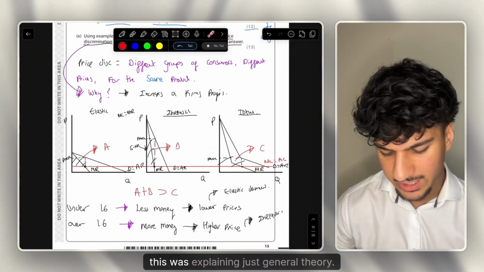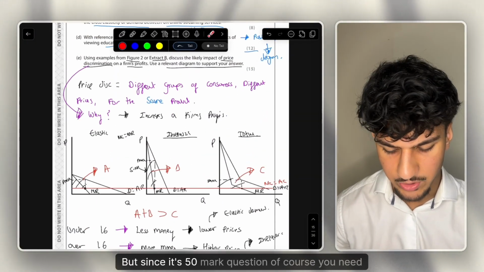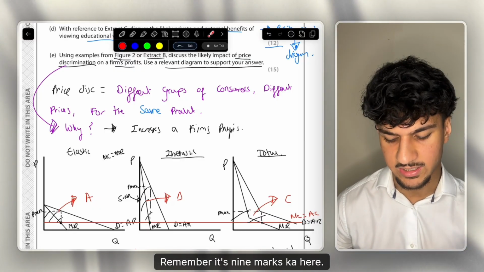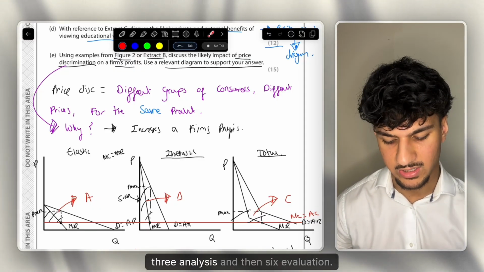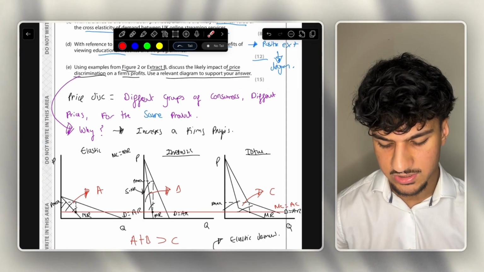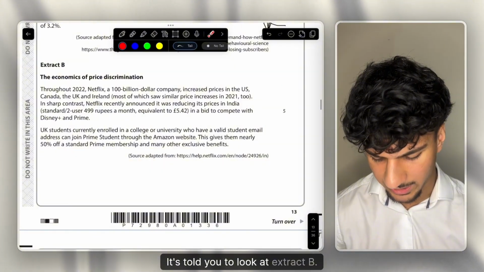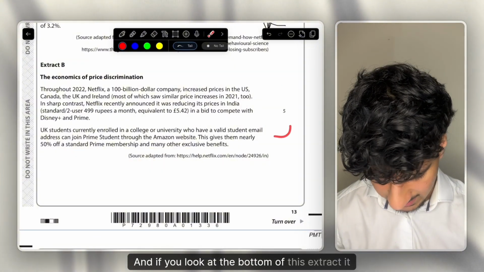So of course, this was explaining just general theory, but since it's a 50-mark question, of course you need those application marks. Remember, it's 9 marks KA here, so 3 knowledge, 3 application, 3 analysis, and then 6 evaluation. So to get those 3 application marks, you would just use the extract. So it's told you to look at extract B, and if you look at the bottom of this extract, it